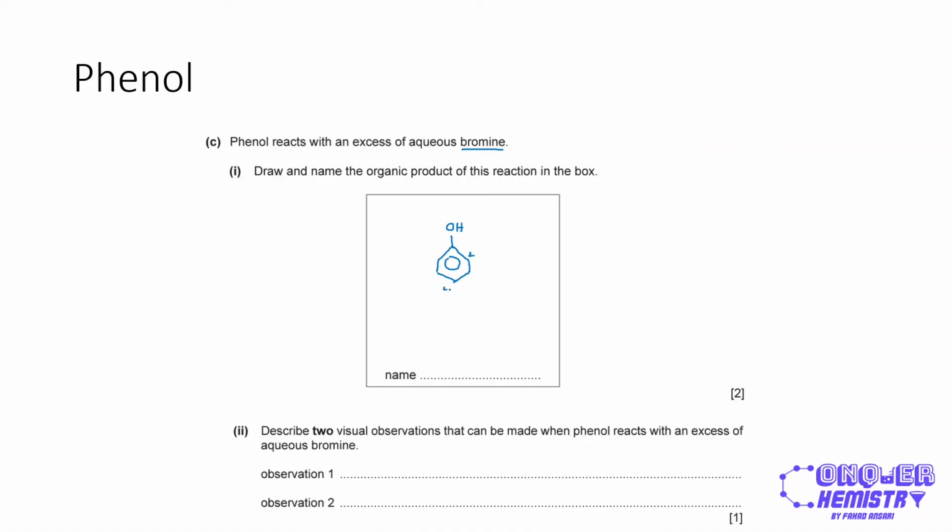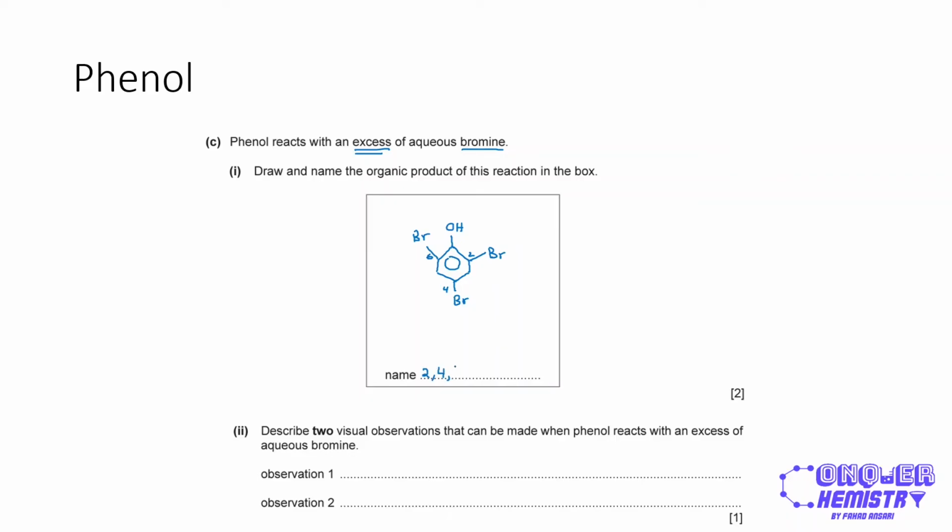Either of these 3 positions would get a bromine. But with an excess, this is the key word, excess, we get bromine at position 4 and position 6 as well. So we would name this as